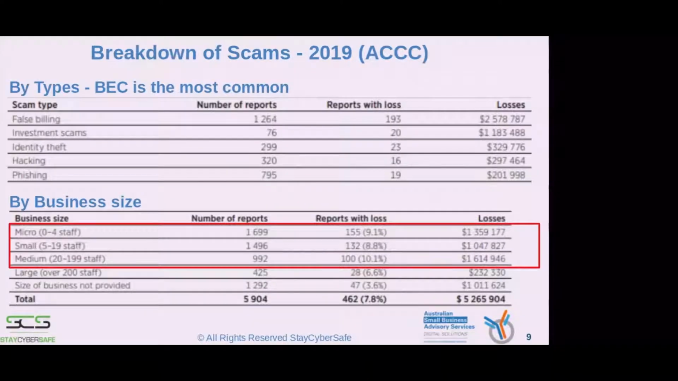Again, we don't want to make you scared. These are just stats that we've seen for the year 2019, and it has been provided by the ACCC, which is accessible to all of you. If you look at the second